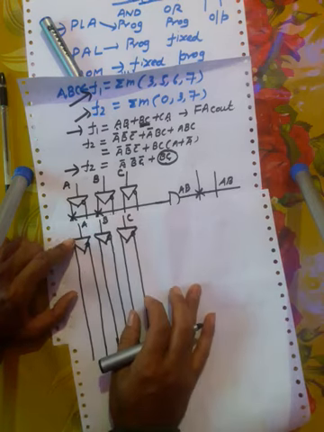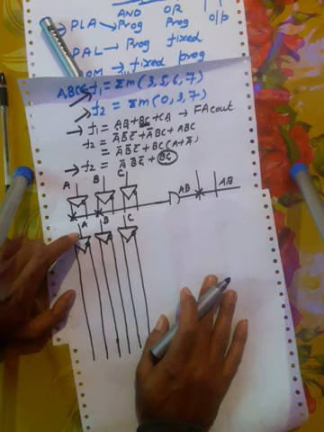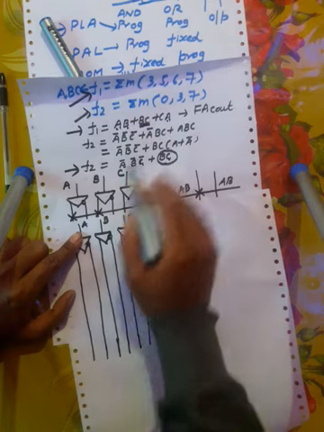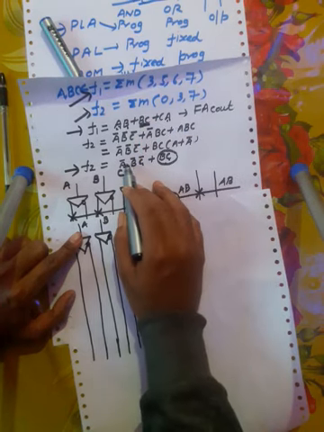Now, total how many AND gates are required? This is very, very important while you are implementing any Boolean function by using PAL. In this, the OR array is fixed, which means not programmable. Total AND gates required are the total number of AND terms in both functions F1 and F2. Total how many AND terms are there? 1, 2, 3 and 4, 5.